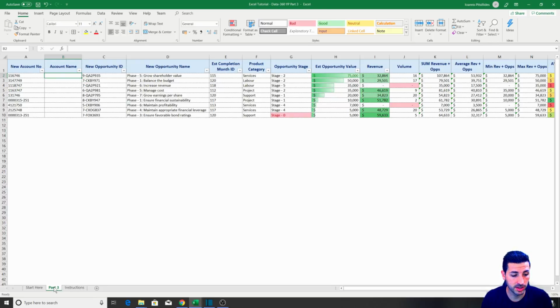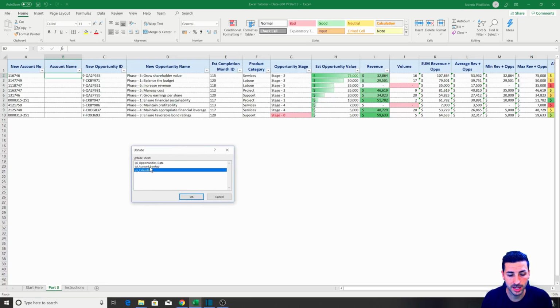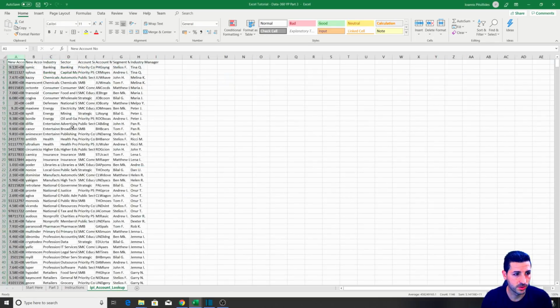If we go down here and right click and click Unhide, we can see that we have three Excel sheets that are hidden, so that we can't see them here. One of them is the account lookup. So if I click OK, this IPI Account Lookup all this time was hidden here.